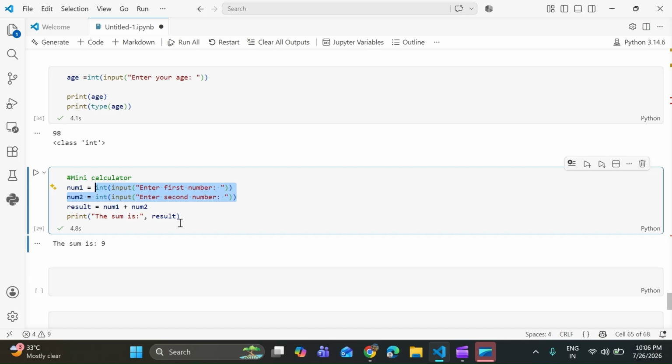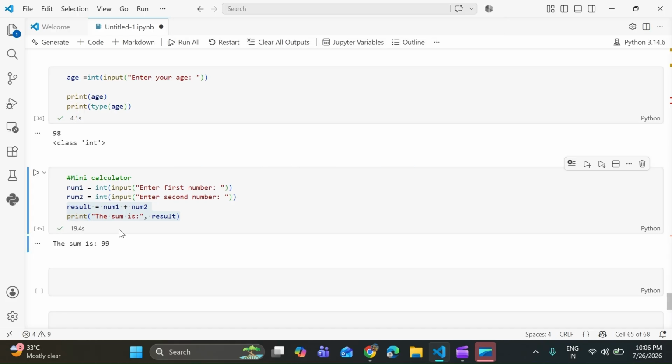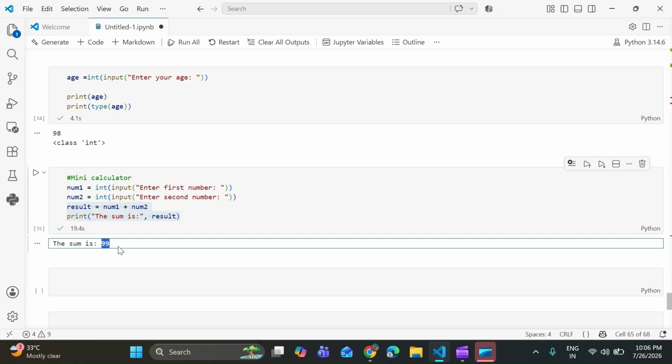After that, I add both variables and print the output of the result variable. Let's see. I give the first variable, num1, the value 23. The second variable, num2, is 76. So the output is 99 for this mini calculator.